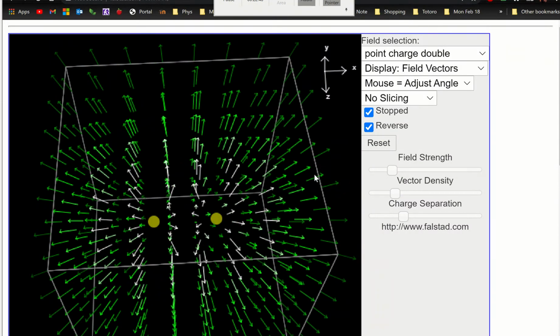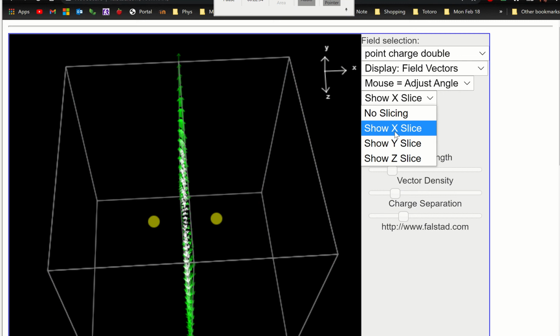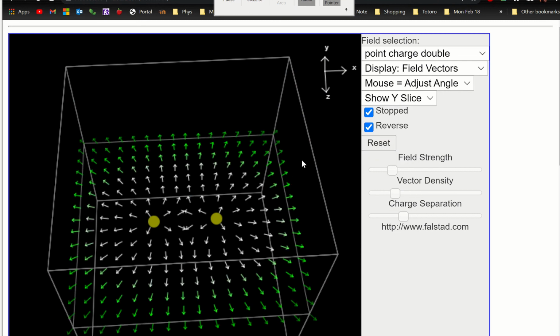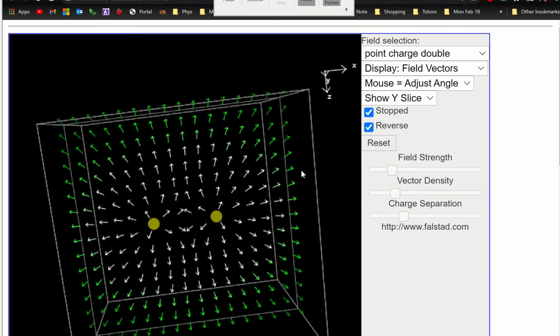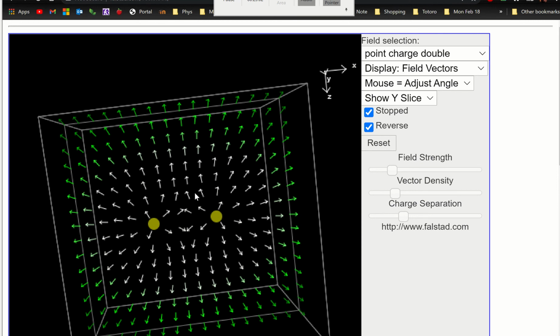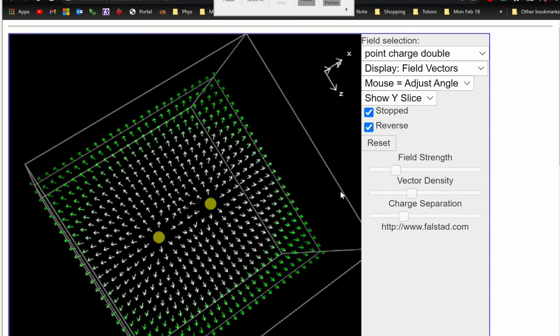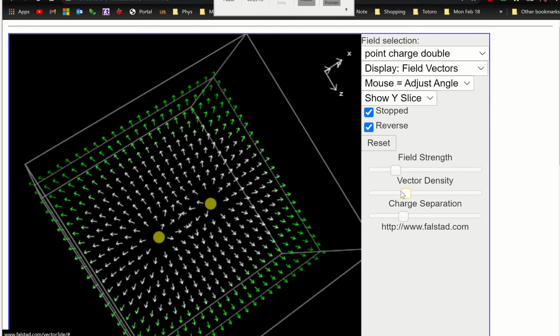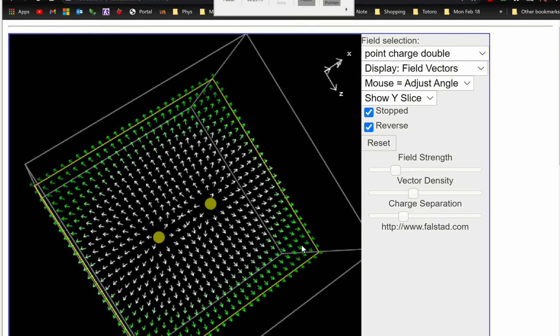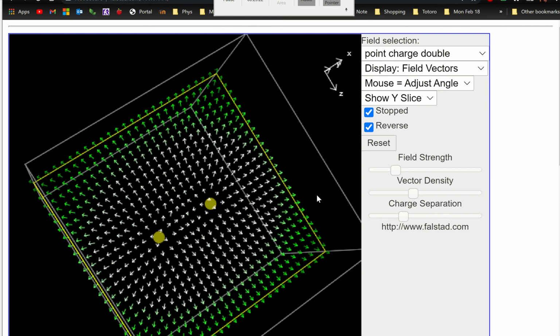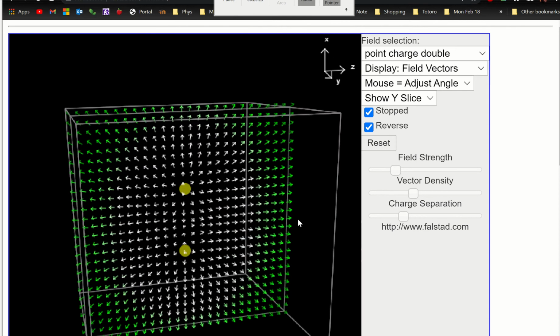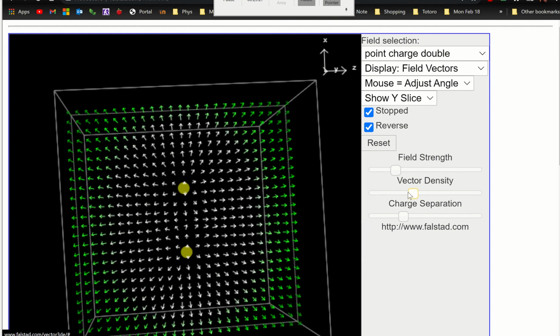Now, this is difficult to look at. Again, let's look at one slice. Not that kind of slice. I want one that cuts through them. Aha, this slice, good. Okay, you see? All right, so every electric field is still going away from the positive charge. But then I can even show you more. There you go. So every electric field is still going away from the charge, but in the middle, it looks like they're pushing away from each other though. So this is the fun part, in the middle, it looks like they are. So if I show you very close to the middle,